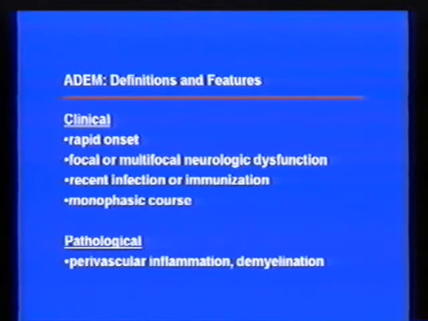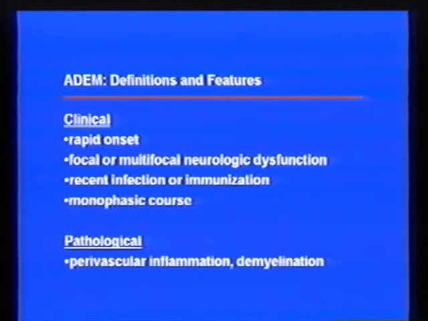So in terms of the definition and clinical features of ADEM, there is no one single strict definition of this disorder. They're often characterized in small collections of patients with this condition. They're typically characterized by a rapid onset of neurological symptoms. As the name implies, or at least the disseminated part of the name implies, there's involvement throughout the neuraxis, including both the brain and the spinal cord, resulting in typically multifocal neurologic signs and symptoms.